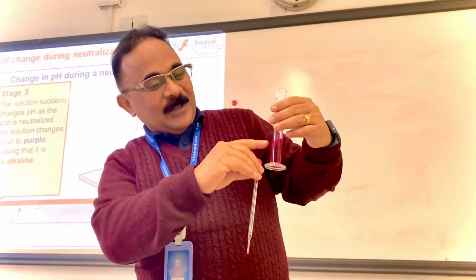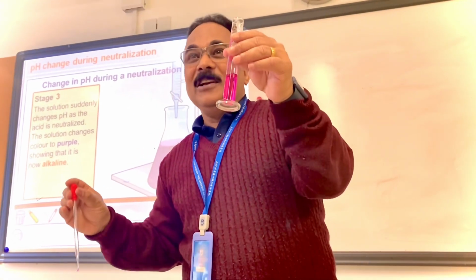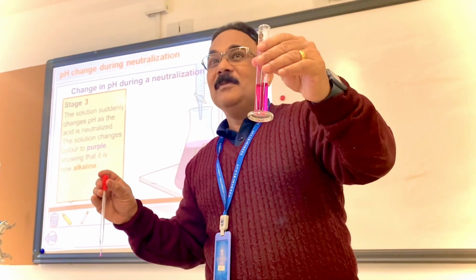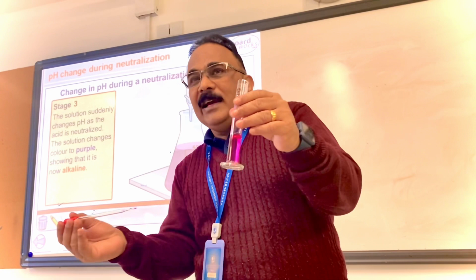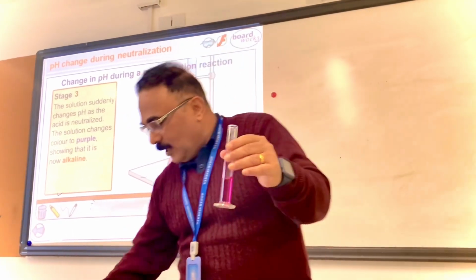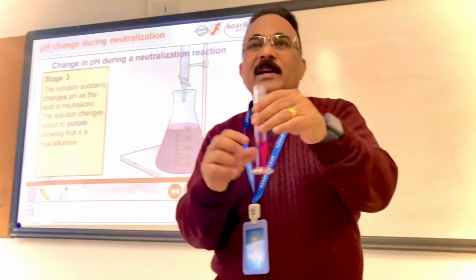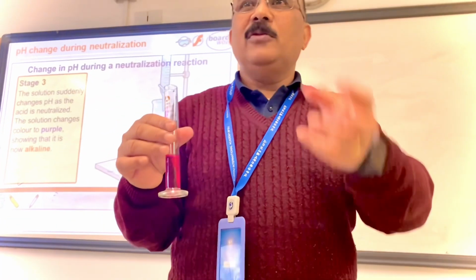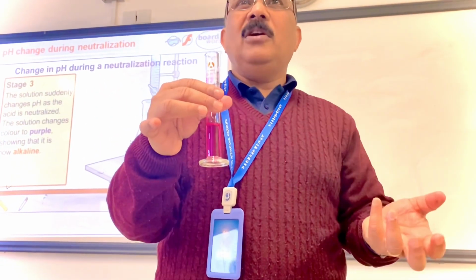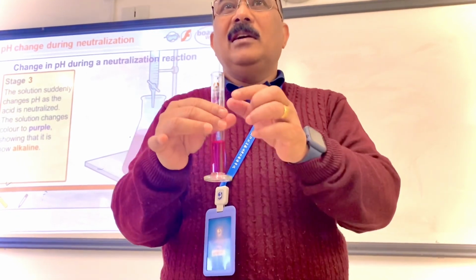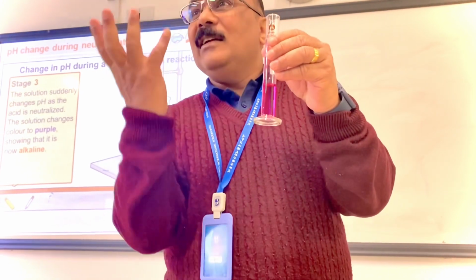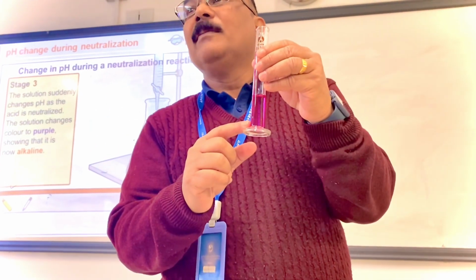That means the volume of NaOH is more than double. I took 5 ml of acid, so it's more than that, it's 10. So now which ion is more in it? The alkaline solution or the acidic solution? Hydroxide is more. H plus will be colorless. OH will be pink.